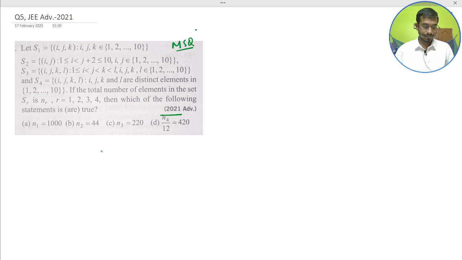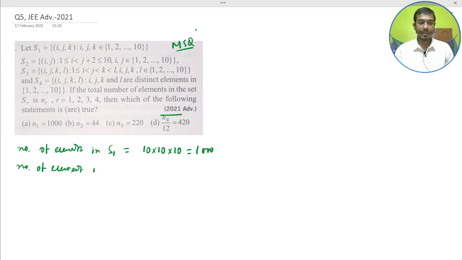So here, see, the number of elements in S1. The number of elements in S1 is what? 10 into 10 into 10, okay, 1000. So the number of elements in S2,